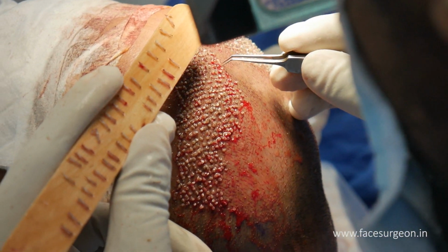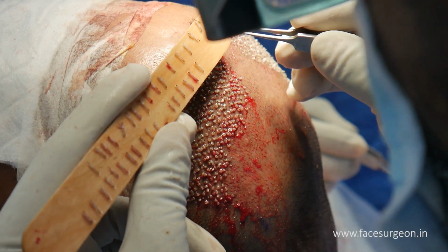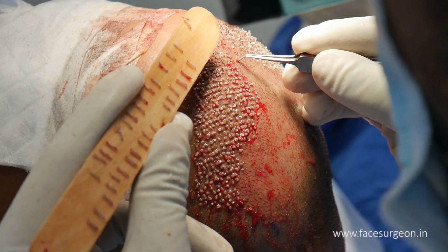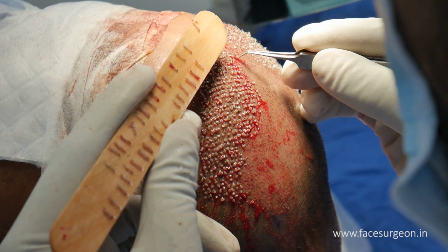As you can see, over 3,500 harvested. These are being placed in order, and then that's going to get